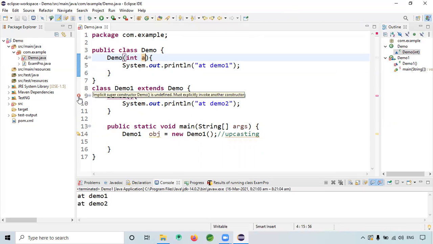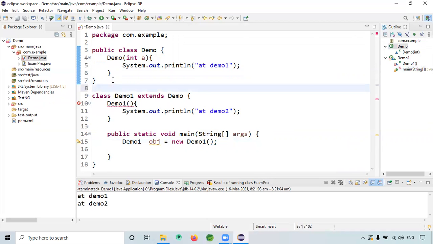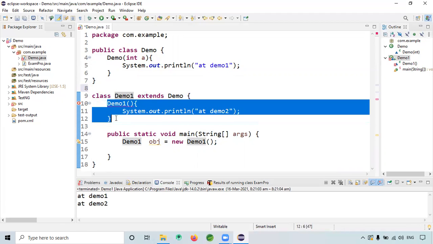It shouldn't, right? Why is it giving me an error?